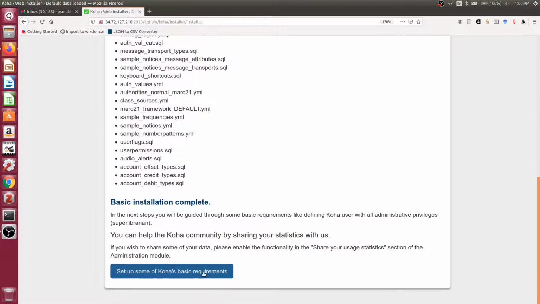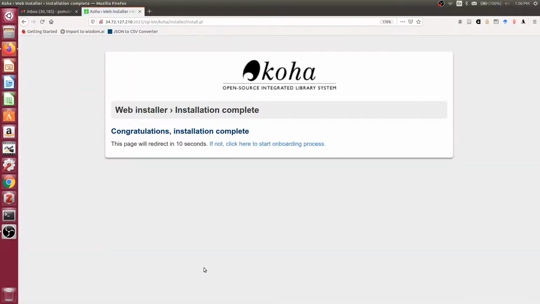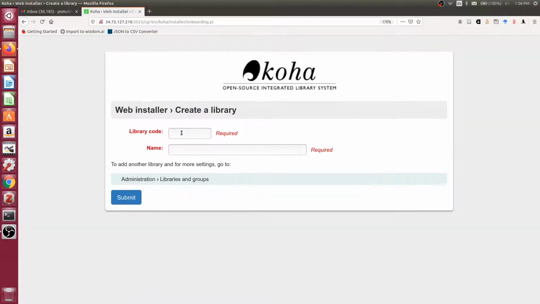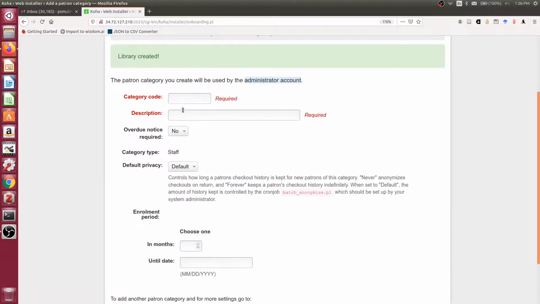Then click on. Then the onboarding process and so on. Say library code, lib23, say library of roll 23, category code, and this is the staff category code, ALS 23.